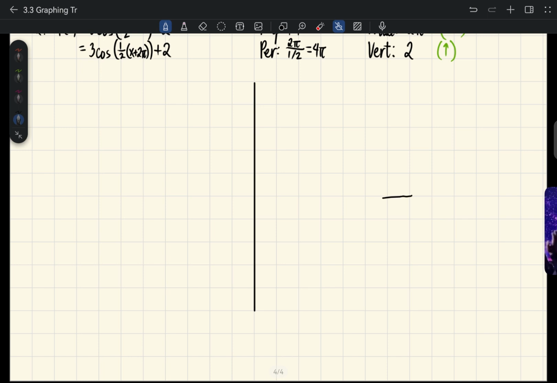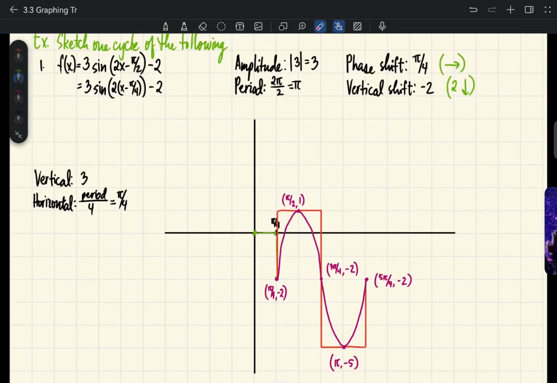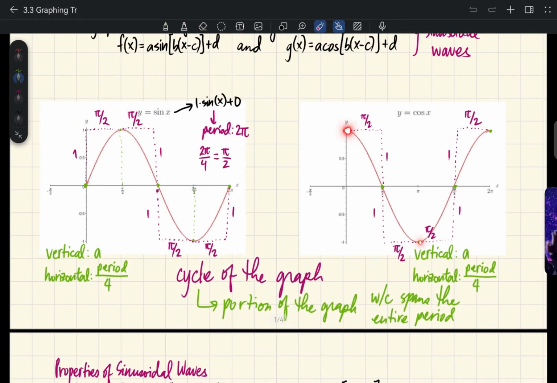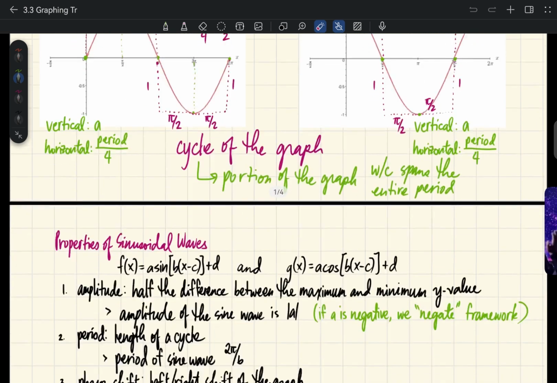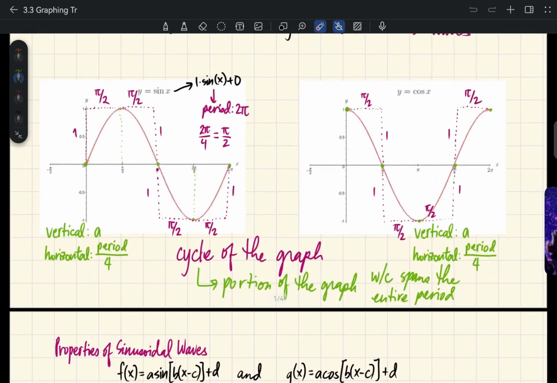Let's proceed with graphing. So first and foremost, since we already have cosine as our base function, that means we're starting with 0, 1. But what's 0, 1 for the graph of cosine? For the graph of cosine, 0, 1 is a maximum point. And what's something that we know about maximum points? It's affected by this amplitude right here, since amplitude talks about the distance between the maximum and minimum y value.